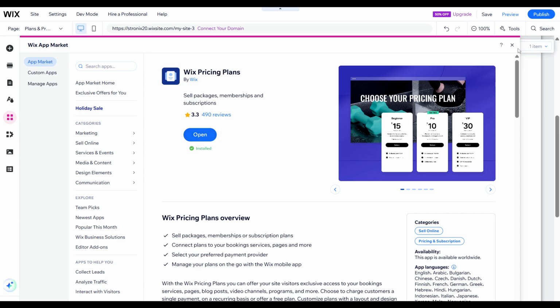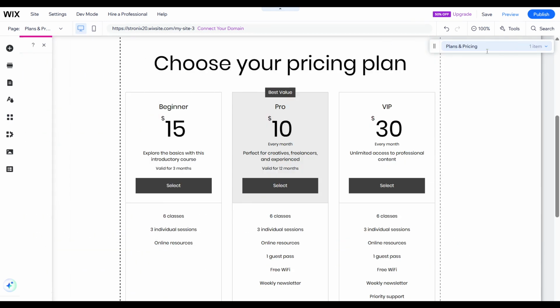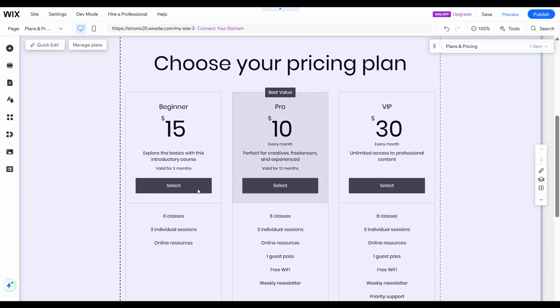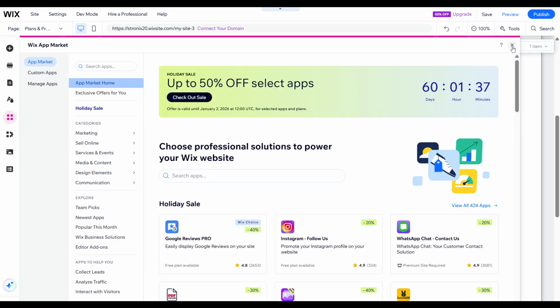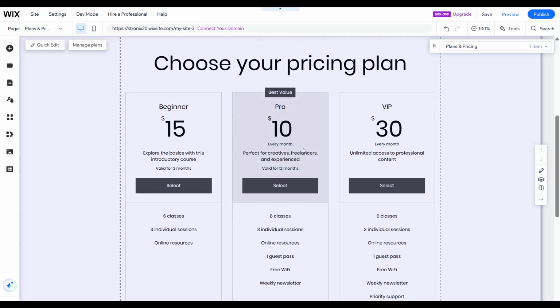Now that you've selected the pricing table app, the next step is to add it to your website. You would typically see an Add or Install button nearby. Click on this, and the Wix website builder would integrate the pricing table into your site. It's that simple. Here comes the fun part, where you get to customize the pricing table according to your desires